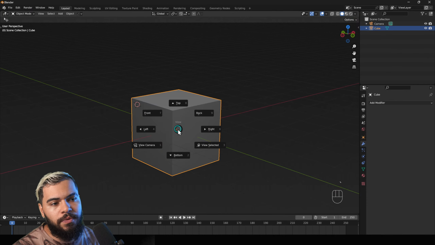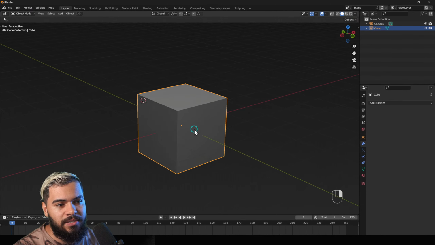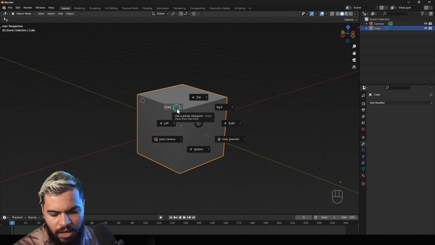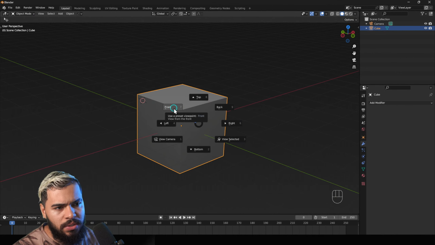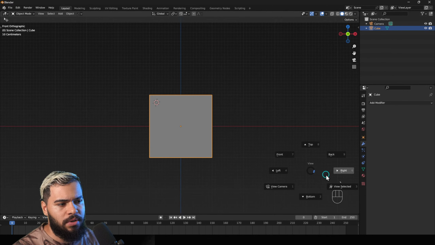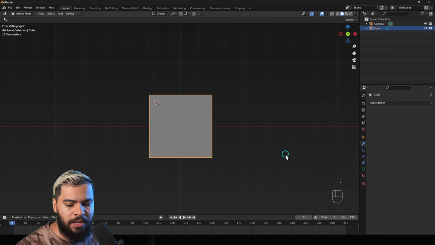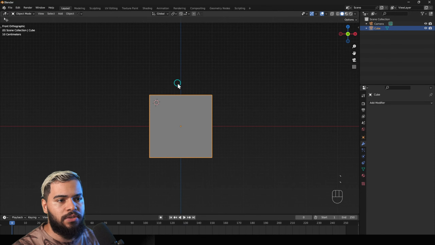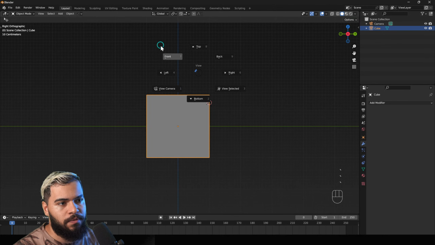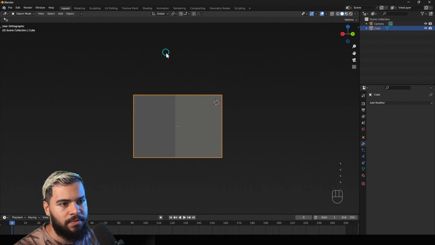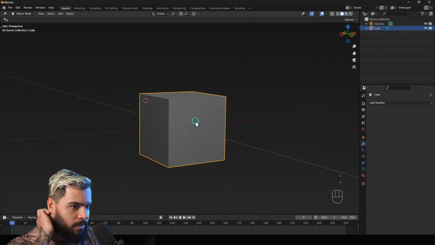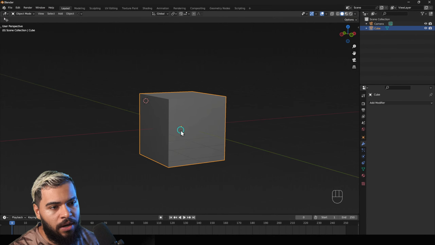If you struggle to at least navigate, always go here and press this. I think it's quote, and go to the front. It's above the tab and below the escape key on your keyboard. So this is the first thing that you need to train: front, right, back, front, right, back. This is the camera view. You're going to be handling that a lot.